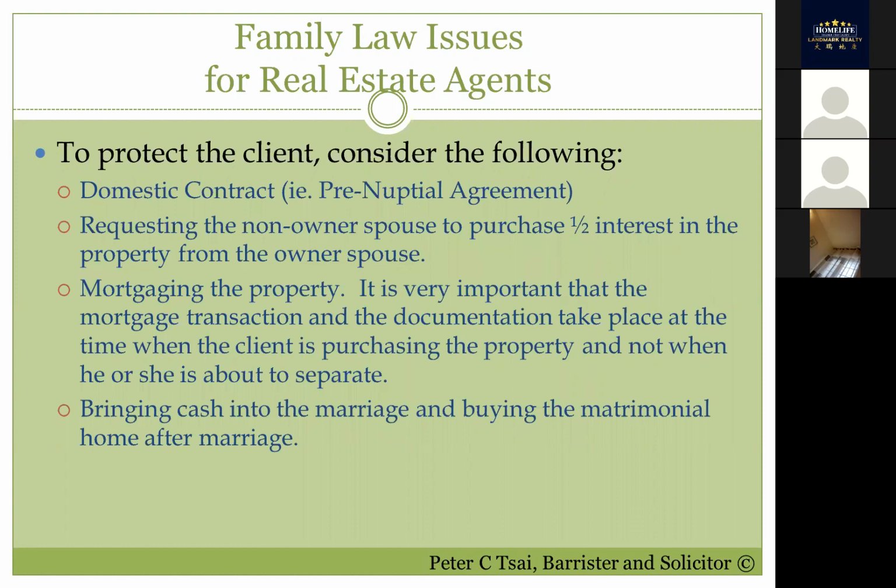Well, like I said, there are some ways to protect yourself. You can have the son and his future wife sign a prenuptial. That's one thing. You can have them sign a domestic contract as a condition for marrying. Then your son can just explain to the wife that, look, this matrimonial home, the money really came from my mom, and I have to protect my mother. Or you can have the wife purchase half interest in the property from your son, so the wife gives $500,000 to your son, although that's kind of difficult too. Yes, I understand that's difficult.